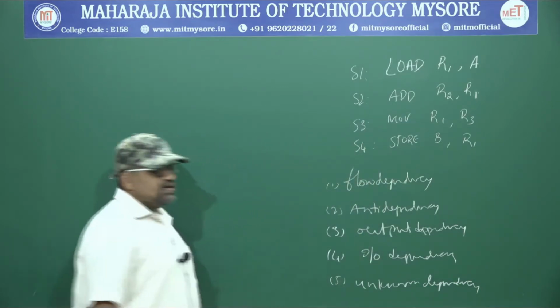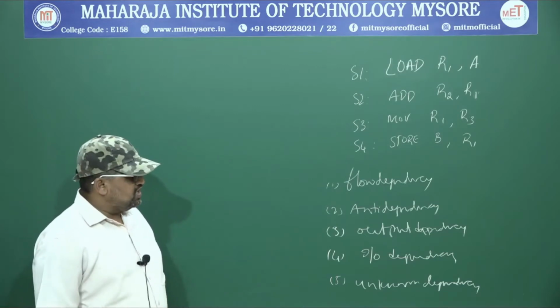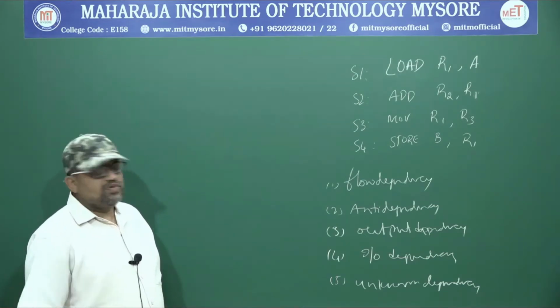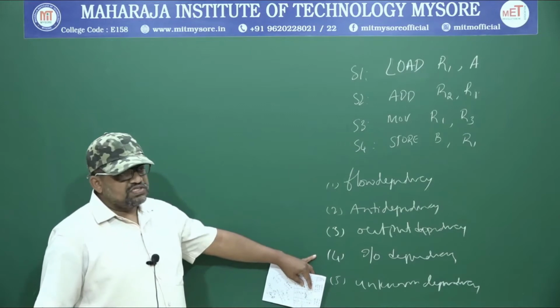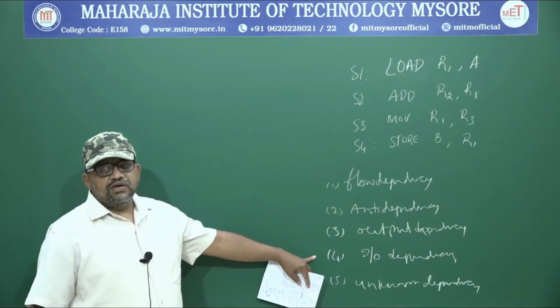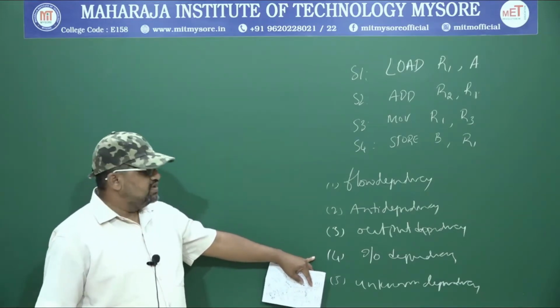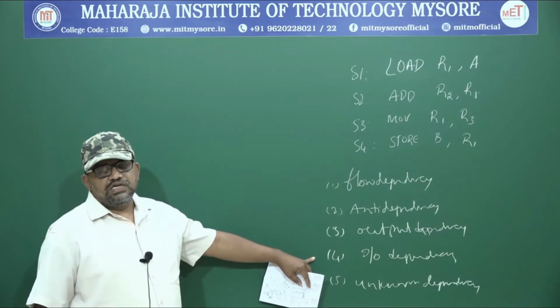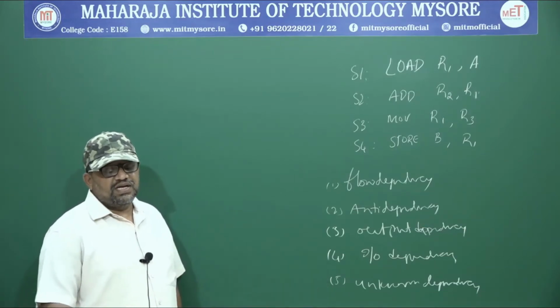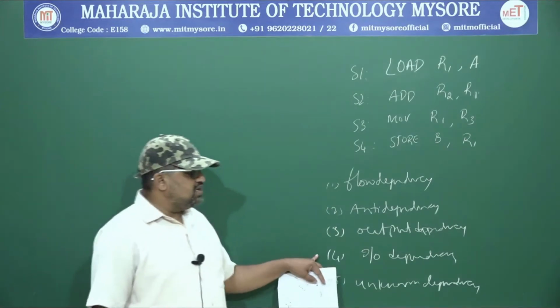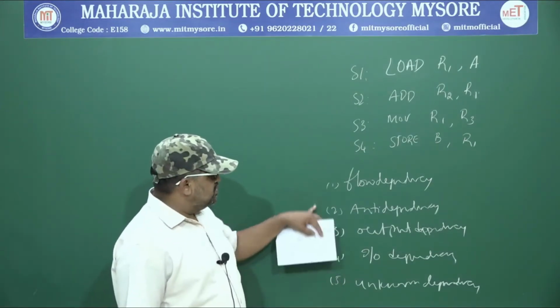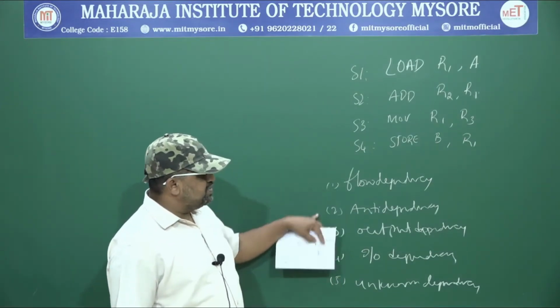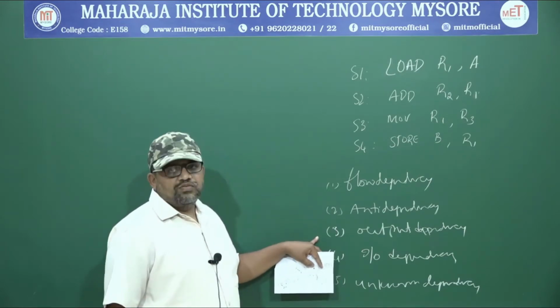The fourth one is concerned with the read-write operation that is performed on a memory. Either you read or write into a memory. There you will see the IO dependency. For example, if you are trying to write to the same memory location, then it would result in an IO dependency. If two processes are trying to update the data into the same memory location, then IO dependency occurs. Now these 3 things we have discussed: flow dependency, anti-dependency, and output dependency.